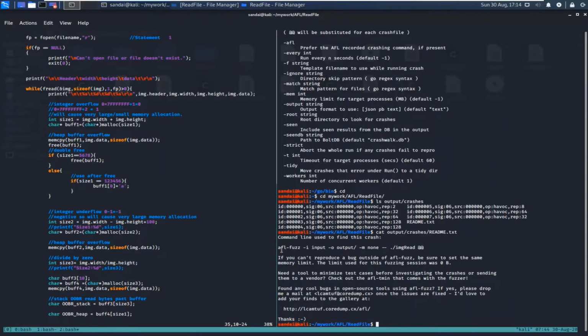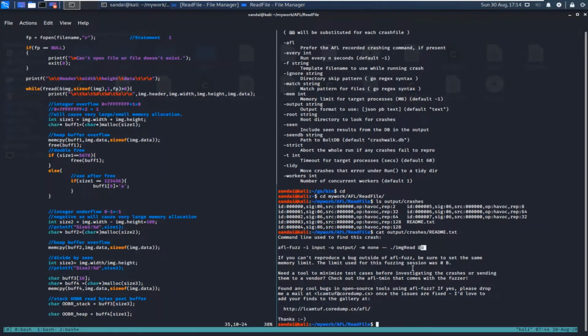It actually contains the command with the memory limit and everything. This is the command: input directory, output directory, memory limit is none. This is our first executable file, and then the parameter.